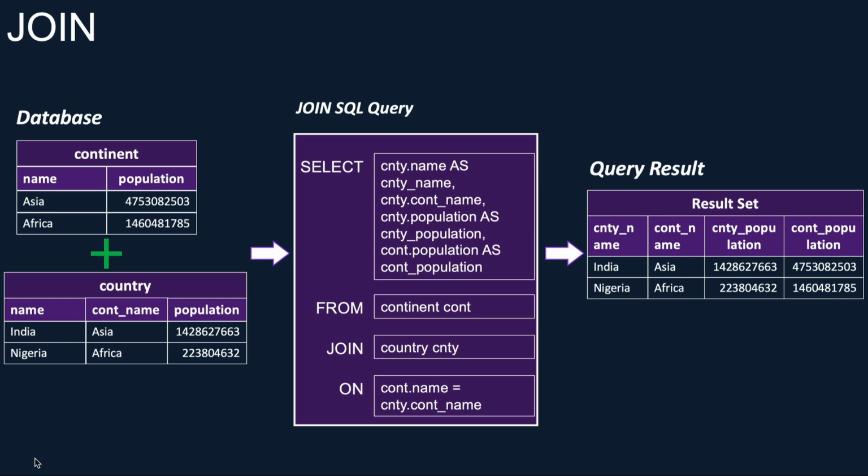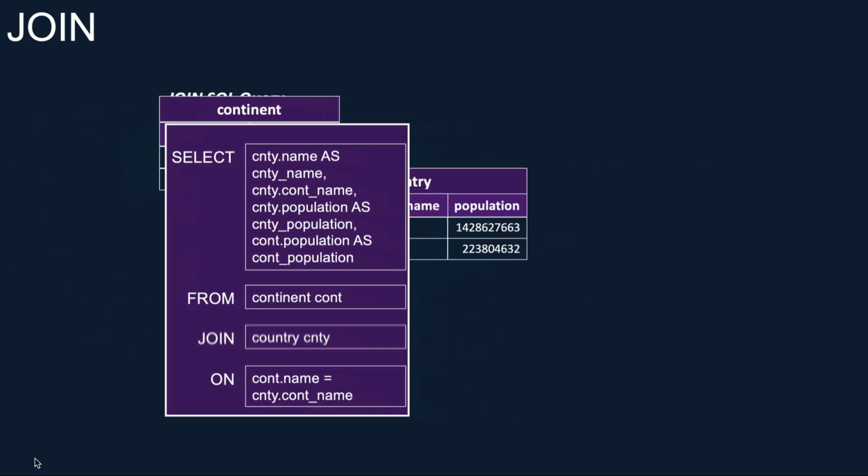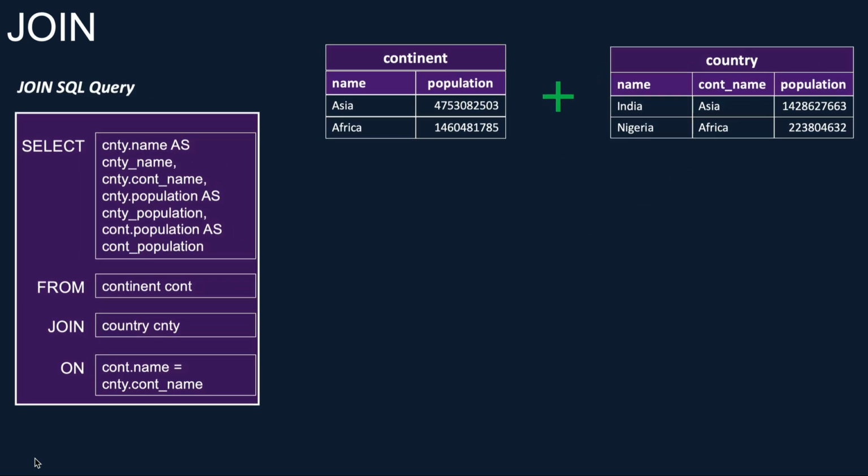Let me rearrange the layout of this slide so that it's easier to explain this. We have the two tables, continent and country, and we want to join the two tables using the column continent name, which exists in both of the tables. When you run the select statement, the database joins each record from the continent table with each record in the country table. So the first record from the continent table will be joined with the first record from the country table. As they both have the continent name as Asia, they are successfully joined